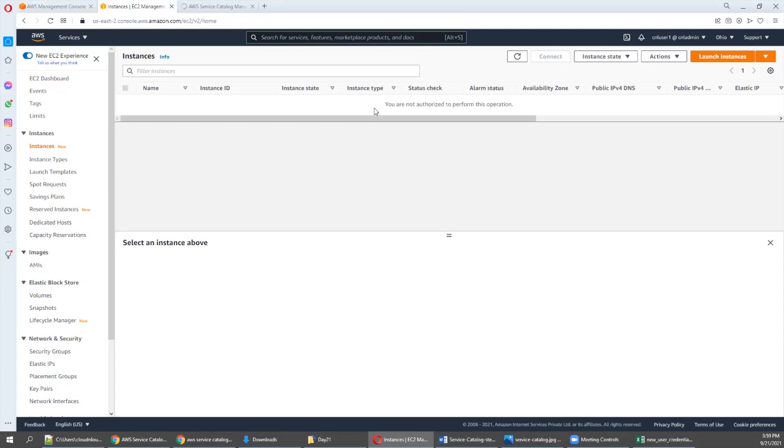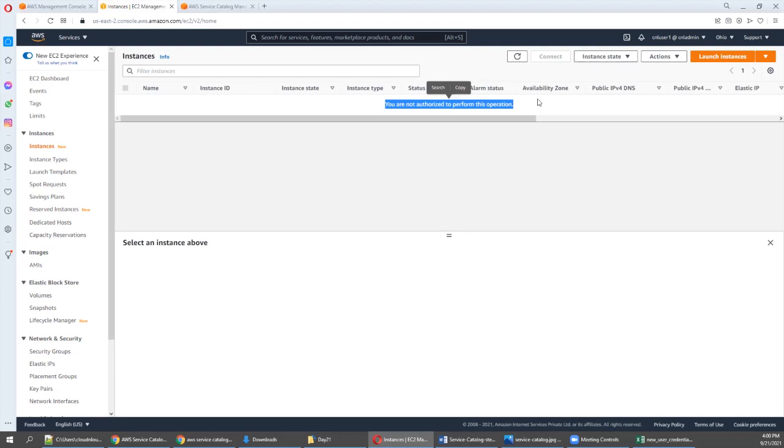See here, it's clearly saying you are not authorized to perform this operation. This is exactly why service catalog is more powerful these days. You define what project they want, you apply it. That's it. You don't need to go to their place every time.